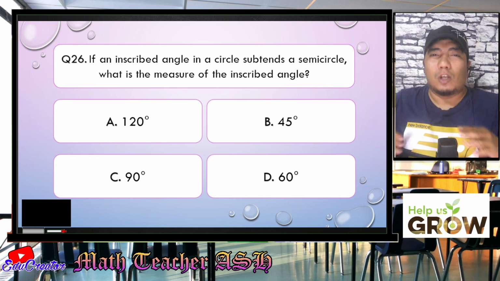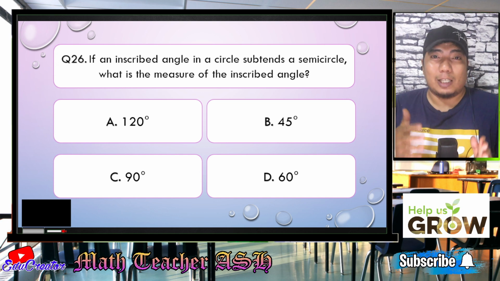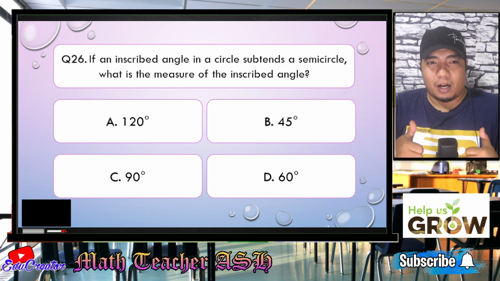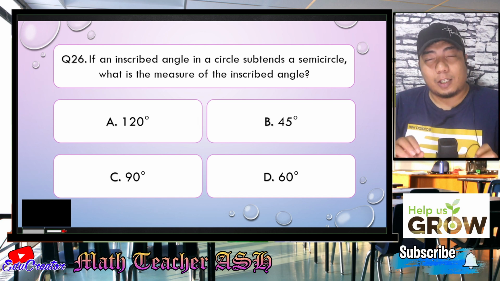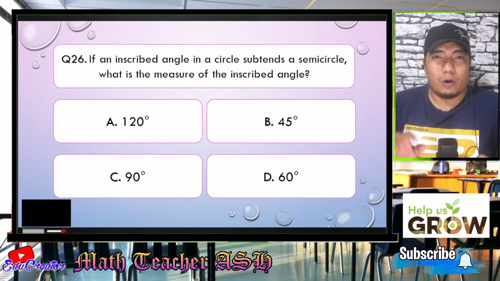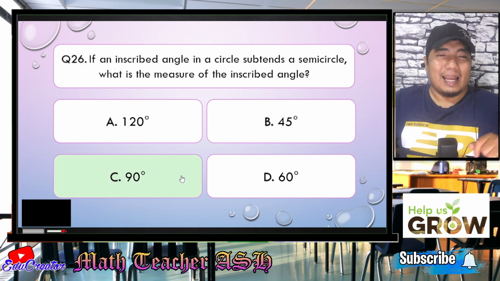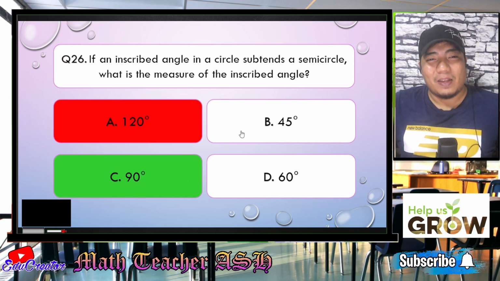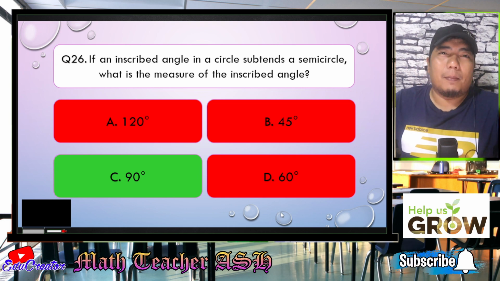Now, if you make an inscribed angle in which that arc is being taken, remember what I said earlier: the measurement of the inscribed angle is 1/2 its intercepted arc. Your intercepted arc right now is the semicircle, which is 180 degrees. So 1/2 of 180 degrees is, very good, 90 degrees. Easy, right? Very easy.